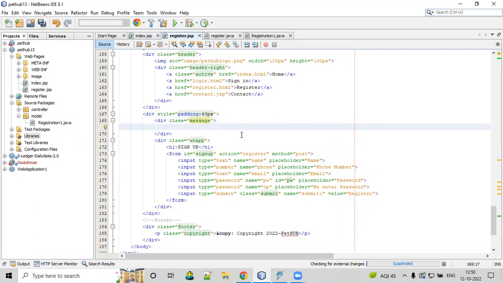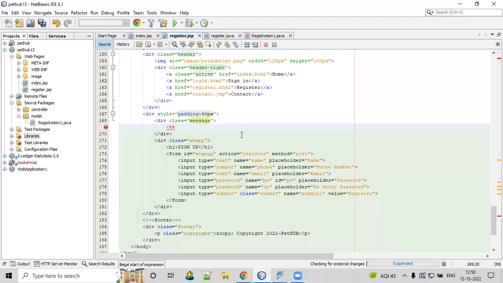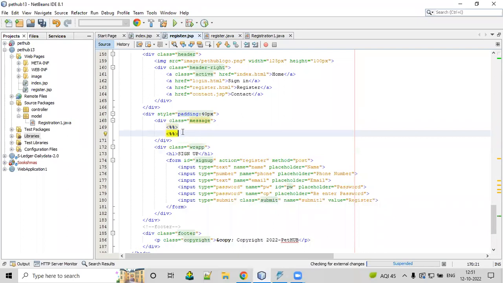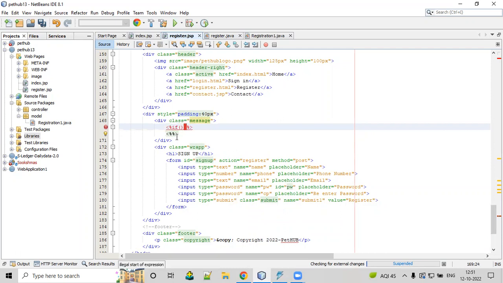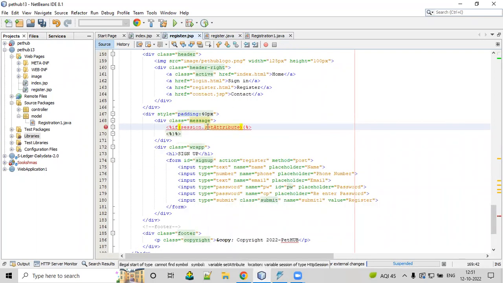Okay. Now I'll show you one important thing. This is called a Scriptlet Tag. If you want to use Java code in a JSP, you have to make use of this Scriptlet Tag. Now I'm going to write Java code. I'll write a condition, if, brackets open and brackets close. I have used session.setAttribute right here. Now, if I want to get it, I have to use session.getAttribute of